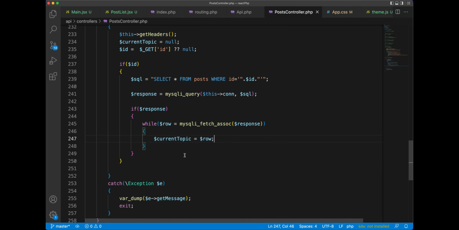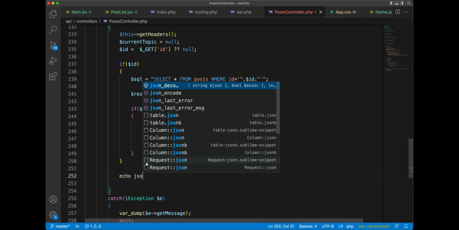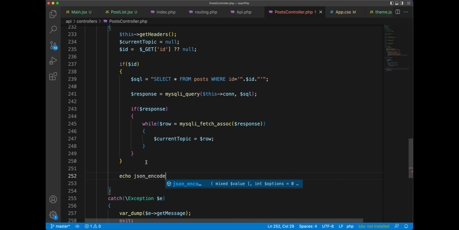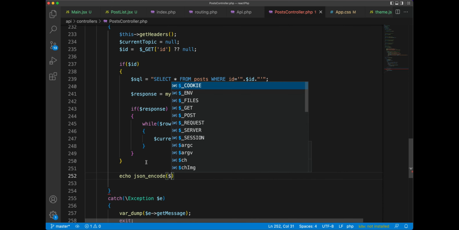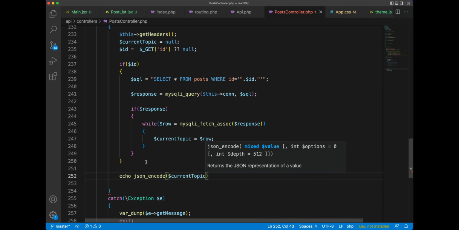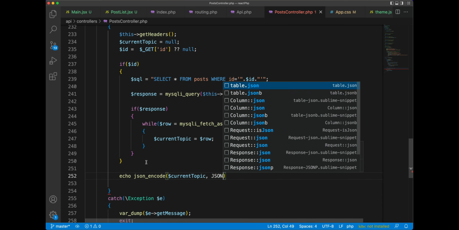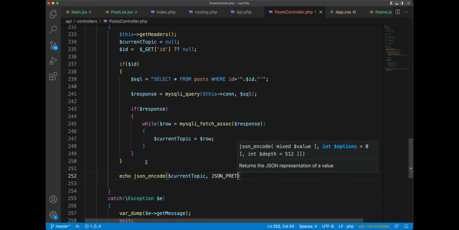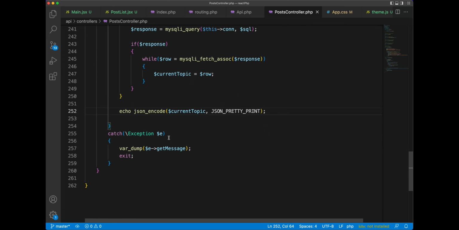So we will get the current topic, and we simply say echo json_encode, and we will pass $current_topic. Then we say JSON pretty print,